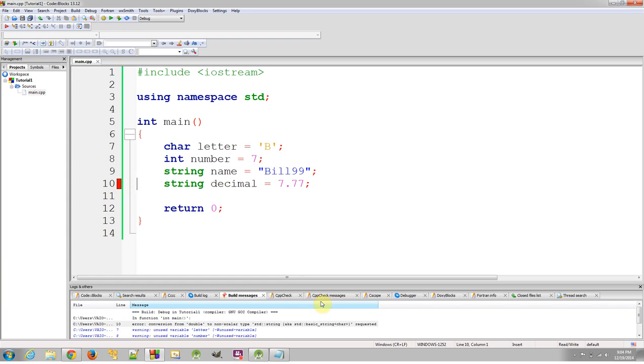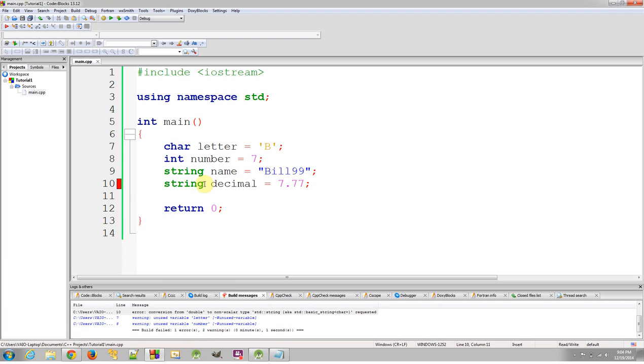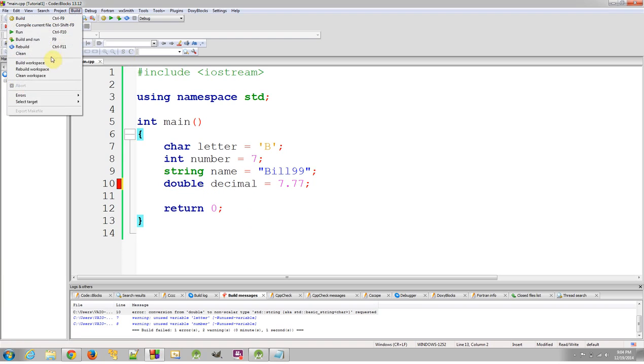See this red box? If you look down here in the log, you can scroll down and it says error, conversion from double to non-scalar type standard::string requested. And that build failed, 1 error. So that right there will cause the program to crash. So we need to change that back to double. And if we run it again, build and run,